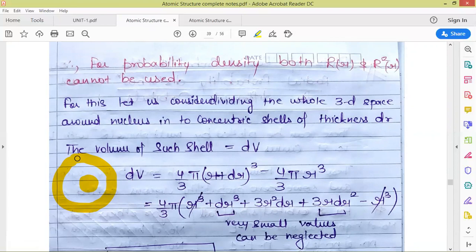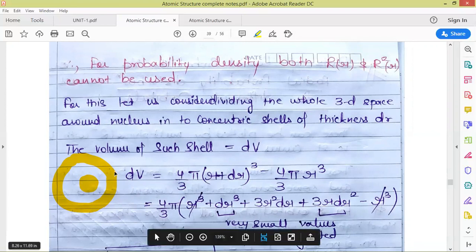So if we want to calculate the volume of this shell, we'll take the distance of the outer line from the center of the nucleus, which we'll call r plus dr, and the distance of the inner line of the shell from the center of the nucleus is r. So for the volume of this shell, we'll do 4 by 3 pi r cube, that is the volume of the inner sphere, subtracted from the volume of the outer sphere. The volume of the outer sphere will be given by 4 by 3 pi (r plus dr) whole